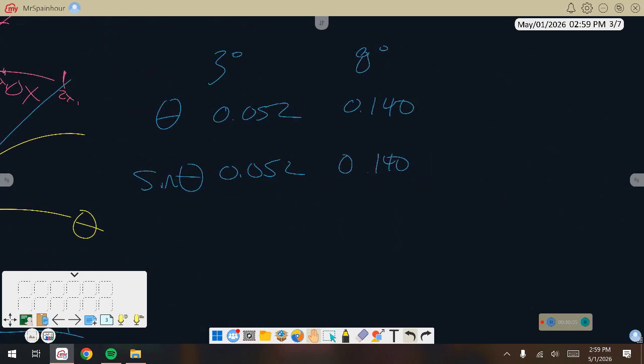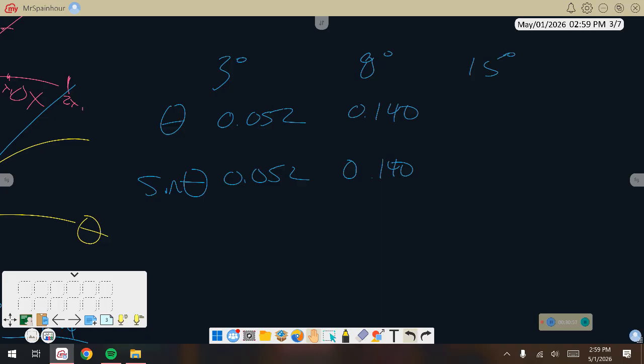So, what if, last one I promised, 15 degrees? What is that in radians? 0.262, I got this and then the sine of that is 0.259. 0.259 is correct, yeah. And if you find the percent difference between those two particular numbers, what you're going to find is it's off by